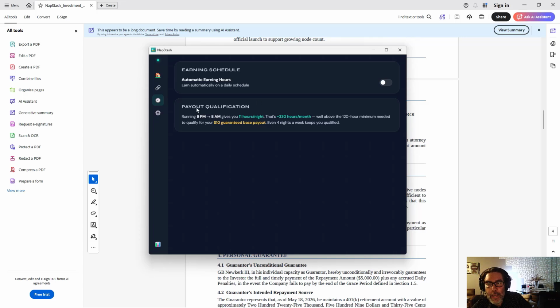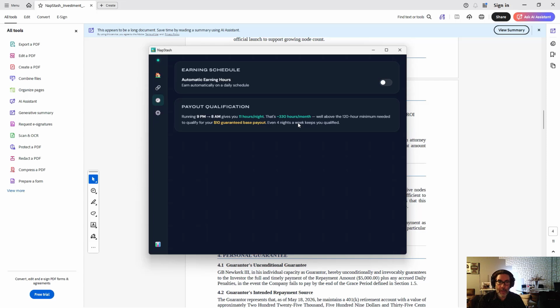And then I have a payout qualification. I had to put this in there because I'm guaranteeing $10. Therefore, they've got your referral link that you give to them. They can't just install it and get $10. They need to install it and run it for a minimum of 120 hours a month for 3 months. Once we know you're actually trying to contribute, you get the $10. But I had to put that on there because it'd be too easy to game the system without even 1 month at 120 hours. I'm thinking about dialing that back to 2, but as of right now, we pay out that $10 for the referral link